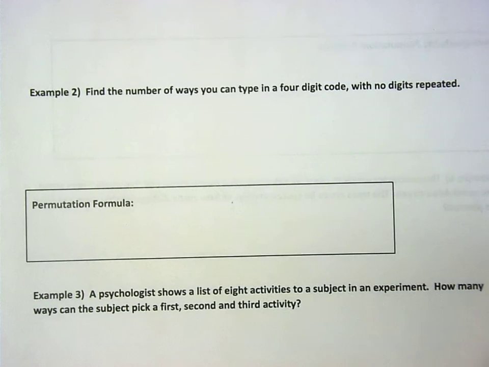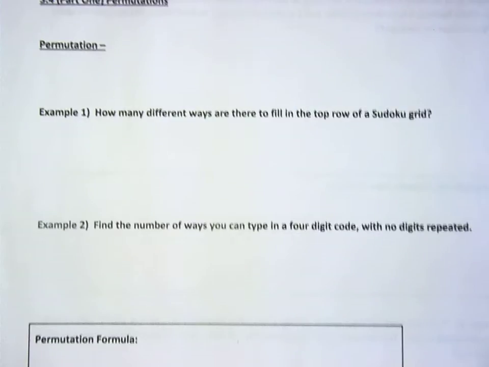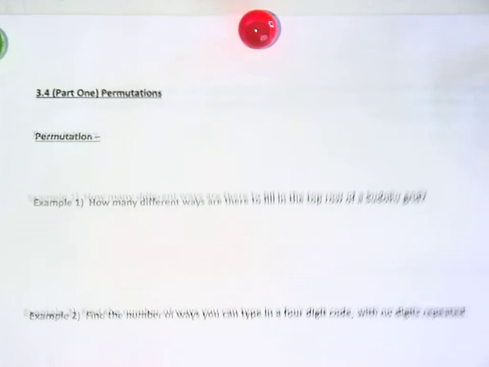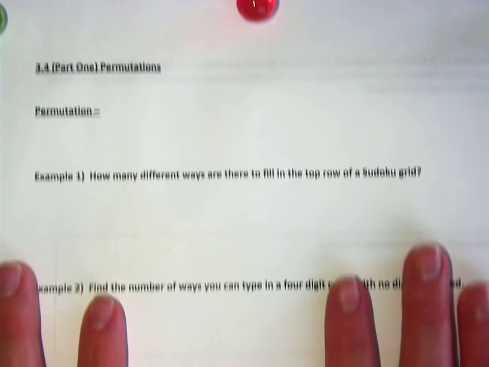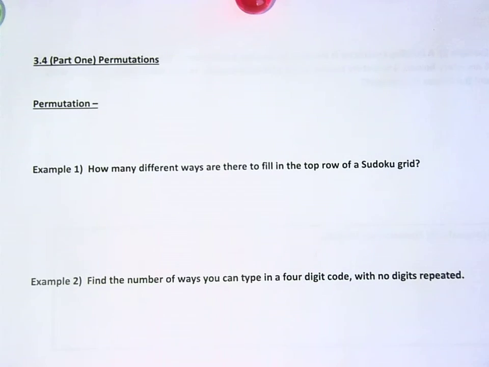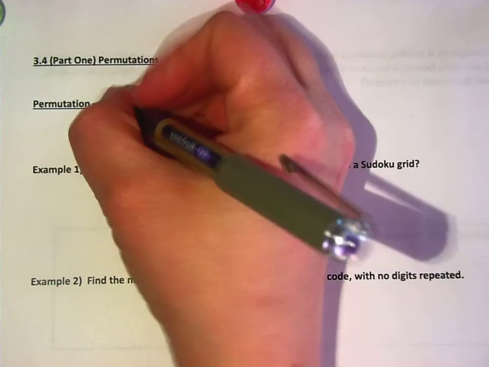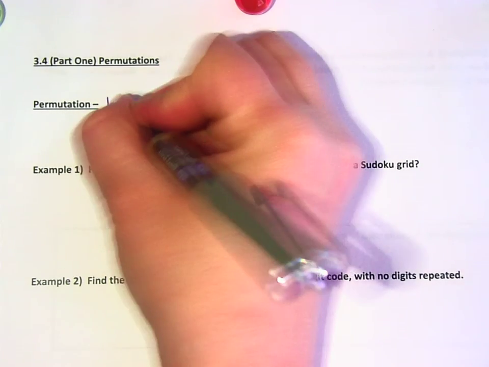So, we're going to start at the top. This is day 1 of 3.4. We're actually going to do quite a few days, but this is like a 2-part lesson, and tomorrow will be combinations. So a permutation is